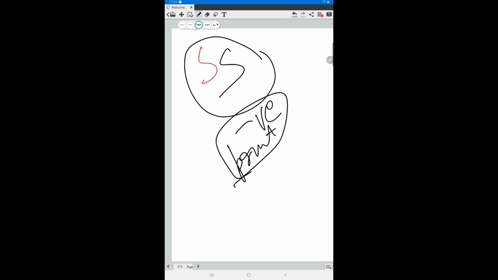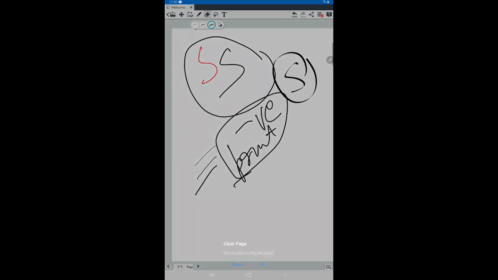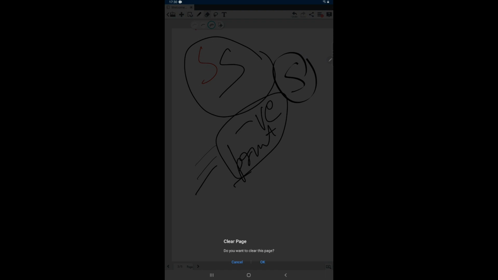You can only have a black or a red color, and though you have different thickness of your brush, it is also very limited. See, you have only 3 options of brush line thickness. One is this fountain pen effect, but it's not much usable. Another negative point about this app is I don't know what this option is. It is a gray color, or what it is, I don't know. I don't see any usable use of this particular option.